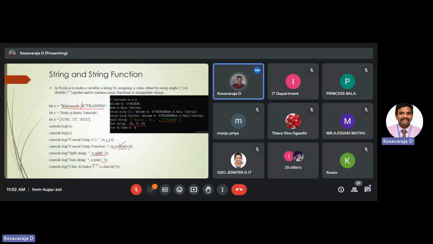Then if needed, you can find the character at a particular index. So welcome: index 0, index 1, index 2, index 3, index 4, index 5, which will print m. So these are some basic functions available in string. It's very easy. So I will create a simple